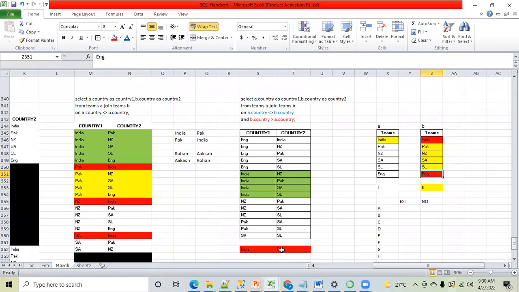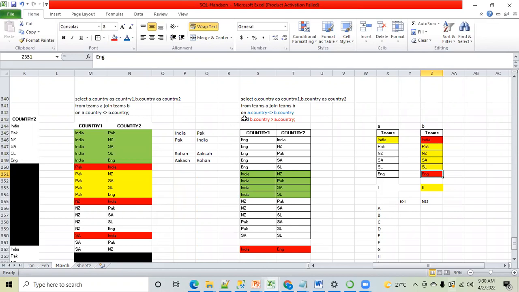Is this clear? Anyone who wants to repeat? E starts with 65, so something like E is there. You can check the ASCII. Okay, so that's why it's less than India.